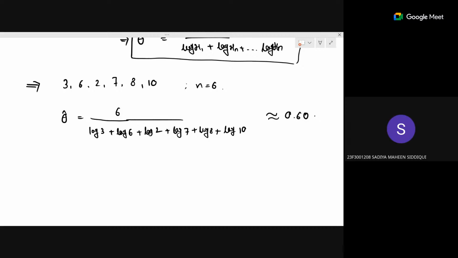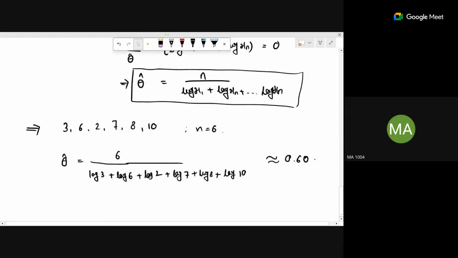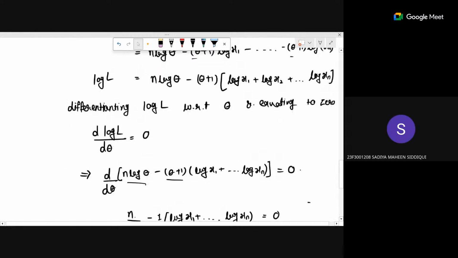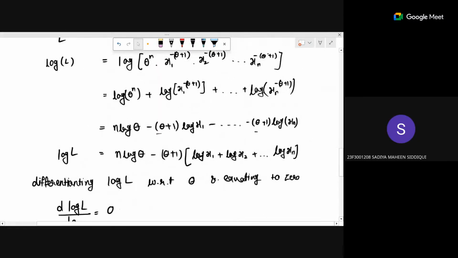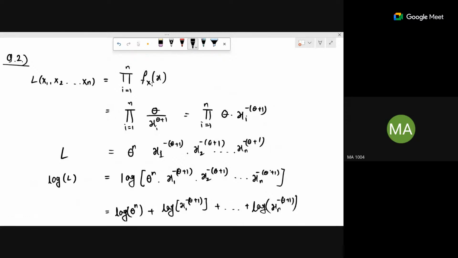Ma'am, can we do this without applying log also? Actually not. It will be very tricky. If you do not apply log, then see this part. Ma'am, if we don't apply log, even then it is not that complicated, but we are getting a different answer if we do that. After that step, if we do it directly, we are getting